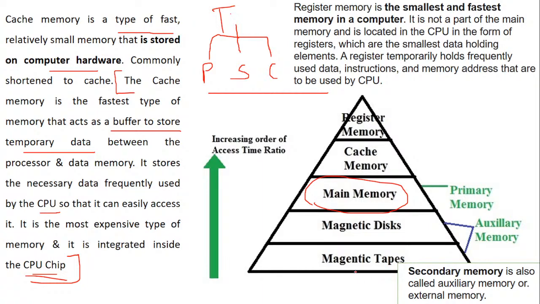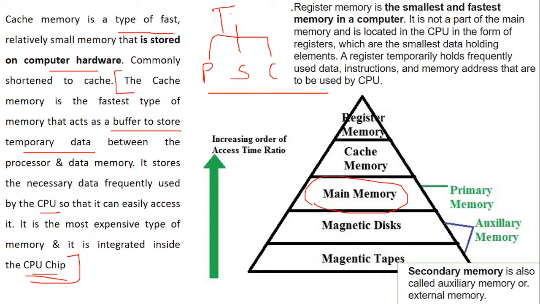Next is the cache memory. Again, the words: a small-size volatile memory, used to process and store frequently used information. It is one of the fastest memories, and it is integrated on the motherboard, directly in the processor, or it works with the help of random access memory. Is it clear? And the last is your register memory.